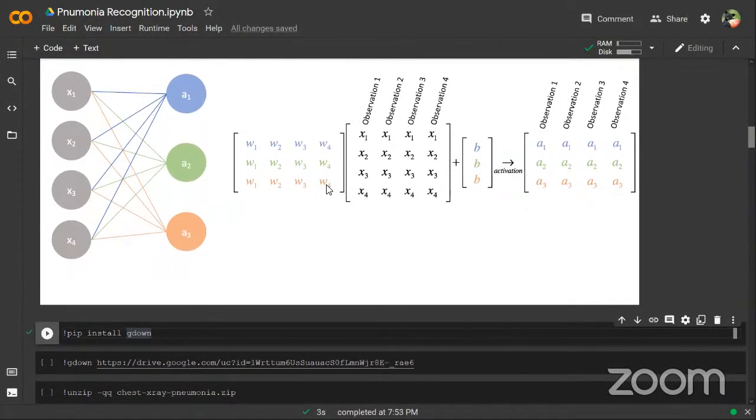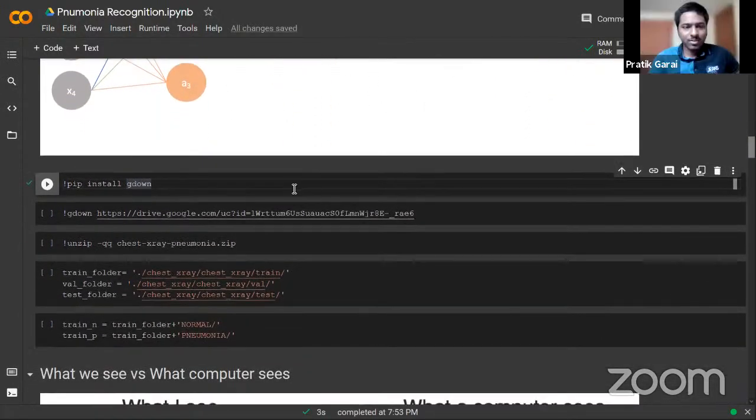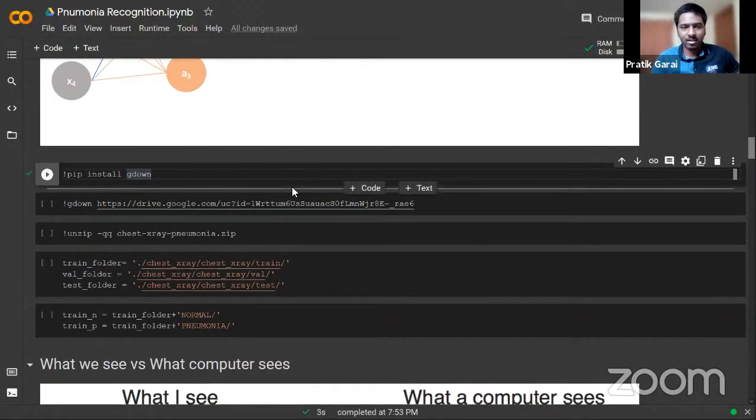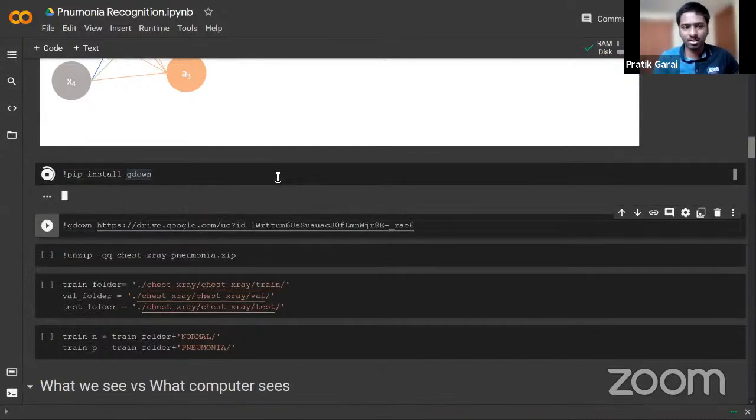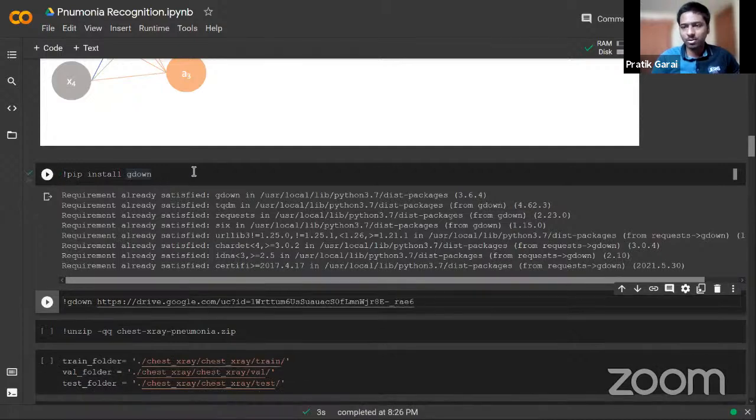Okay. Thank you. So moving on to the main part of the demo, we'll first be installing this library called GDown, because we are going to use an image dataset, as I mentioned earlier. That dataset has a lot of images of chest X-rays, and it's pretty huge. It's like 2.4 GB. So I don't want to save it on my local and upload it during the meeting. So I sent it to my cloud, and because even this is connected to Google Cloud, I'll be able to download it fast. So in order to connect to my Google Cloud and download that dataset,